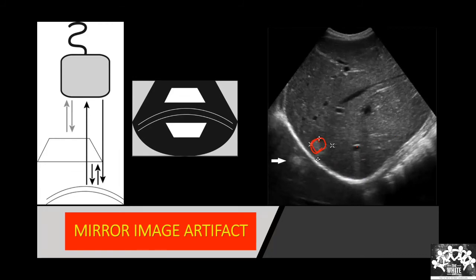Imagine now comes to our calculation. This is a pulse, this is an echo. It detected a structure. Now second time I sent a pulse, gets reflected back, diaphragm, it's detected here. Now the third time I sent a pulse, gets reflected back, comes back. Now where is this structure placed? Where do you think our machine is placing this structure in the image?